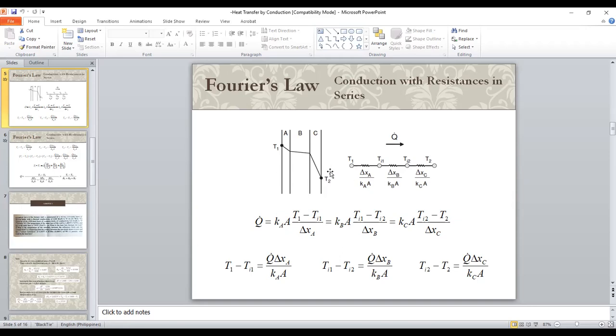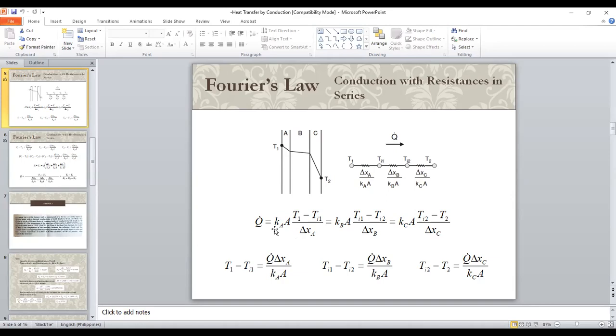Now, in this series of resistances, we view each to also have different temperatures at its boundary. So you have T sub 1 here, T sub I1 here, and T sub I2 here, and you have T sub 2 in here. Now, if you're going to write the net rate equation for this particular set of resistances in series, you could